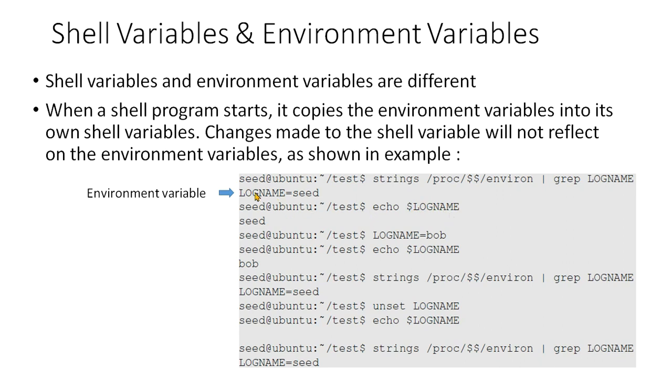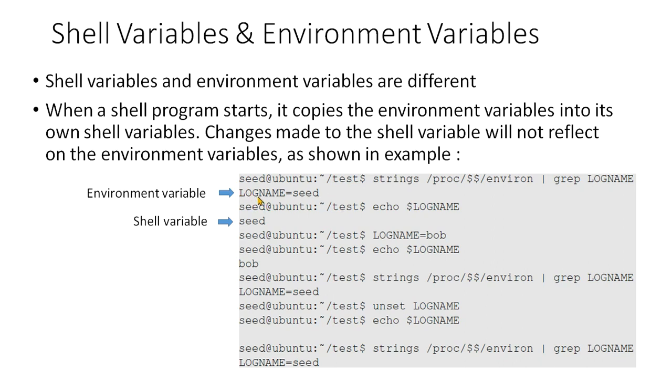We have the same name, but we can only access the shell variables from the shell command. These two at the beginning have the same value, both seed, because this LOGNAME shell variable is copied